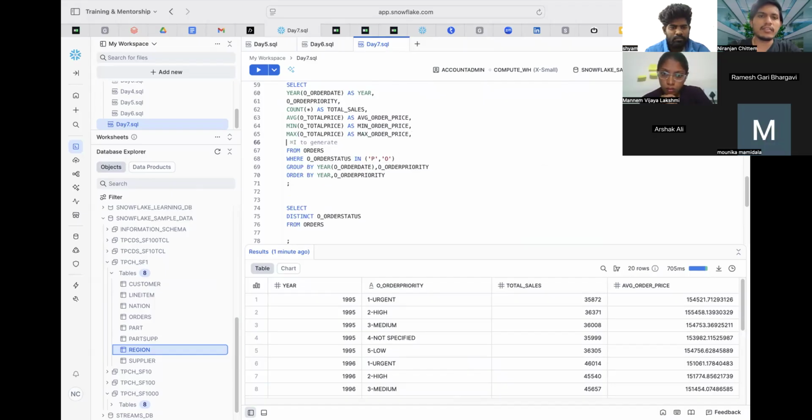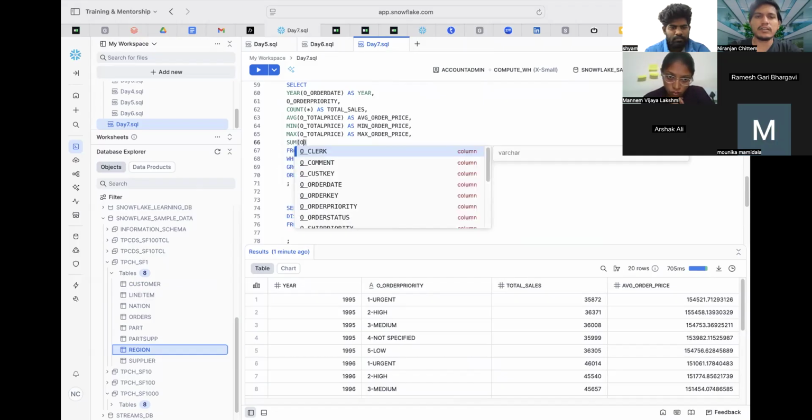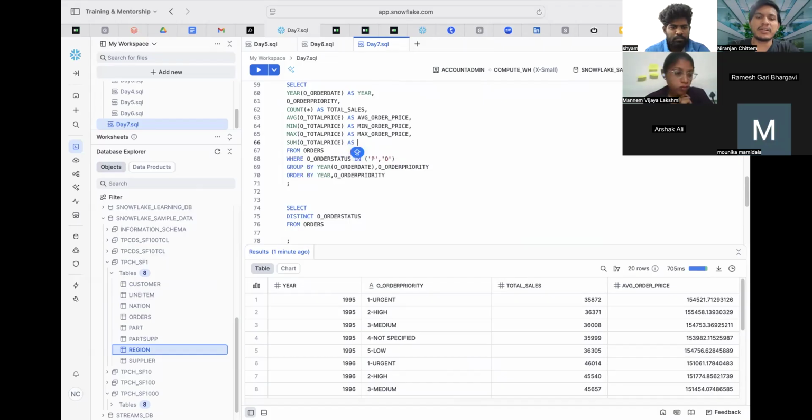So that's what we can do. And then we can do sum as well. What is the total order price we're having for that particular category, 1995, and then urgent one? What is the total price that they have ordered in that category? Total